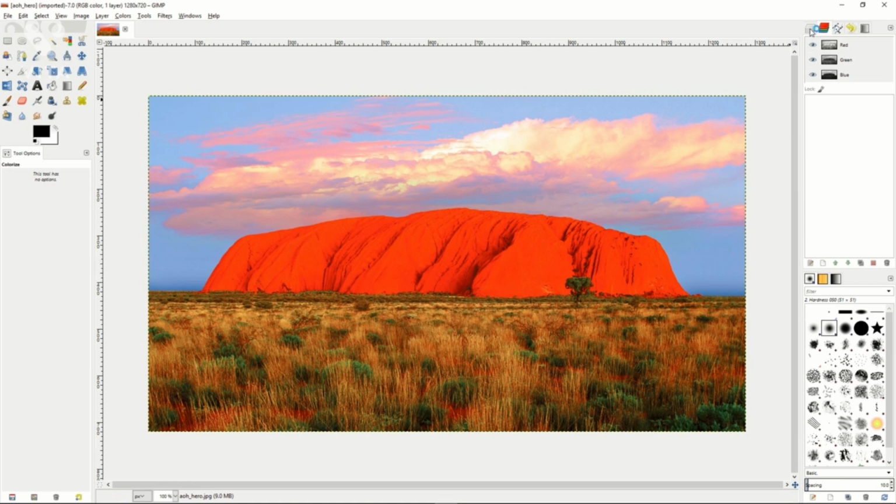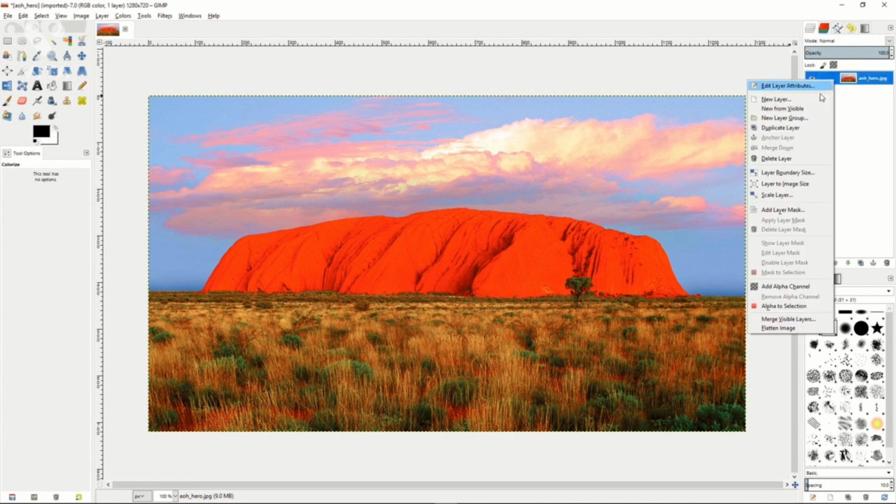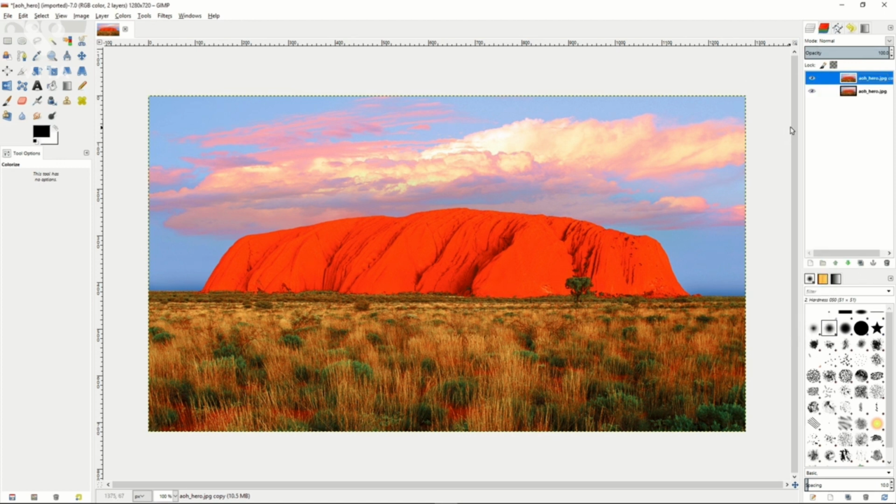So if you go over to the left, you can see we are normally on our layers section here, and we want to create a copy of our original layer, so duplicate layer. And then we want to go over to channels, and what we're going to do here is select our red channel from the rest of our channels here. We want to select all on our image. I'm going to drag the red channel down to the copy down here,